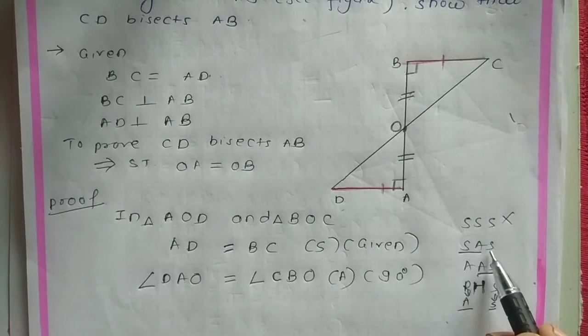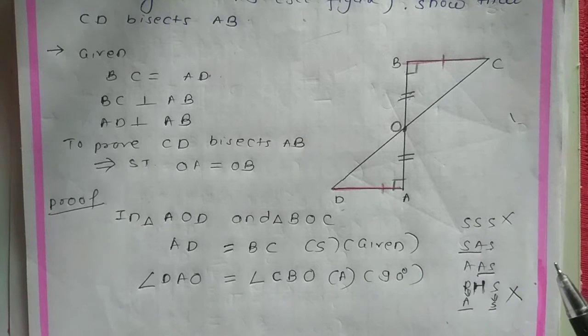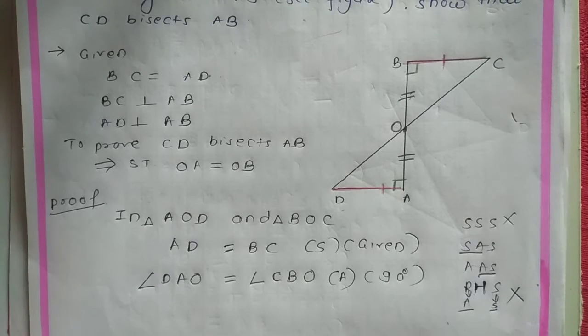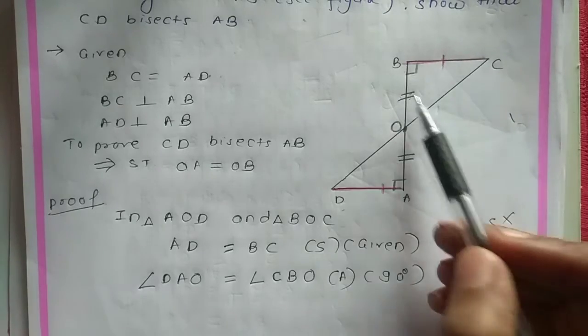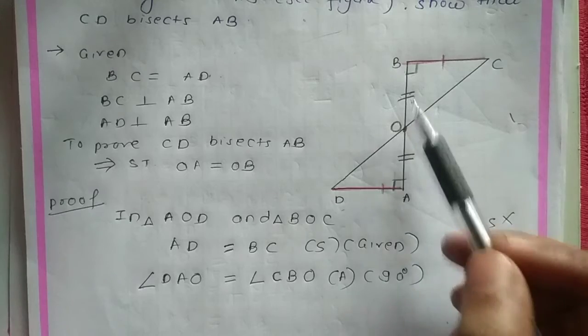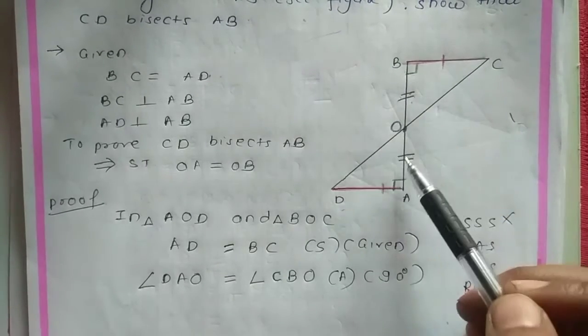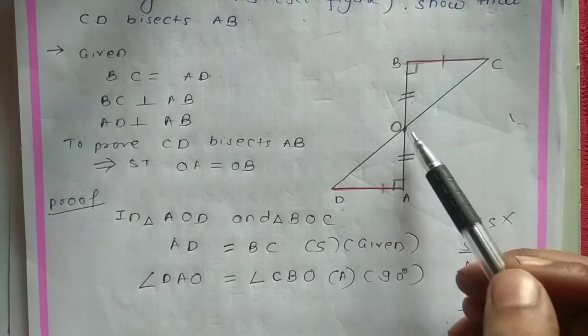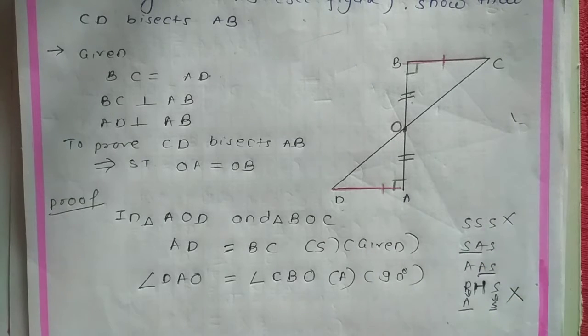Now either search one side equal, otherwise one angle equal you have to search. But if you see other side, these two are not given equal. I have marked this, I have considered this to be equal for our proof. These are not equal, not given to be equal. OC and OD, they are not given equal. They may be equal, but it is not given. So which is given, from that only you have to get the answer.